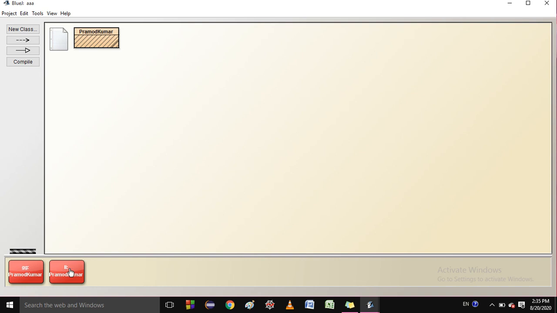If I ask what is the type of this object, you will say this is Pramod Kumar type. If I say a cow, which type is it? You say, sir, animal type. If I ask what is the type of elephant, you will say animal type. So this type is not a particular primitive data type, this is a user defined data type.